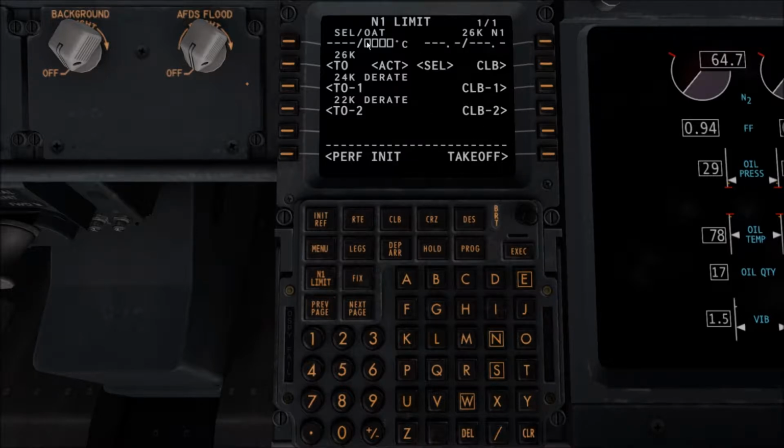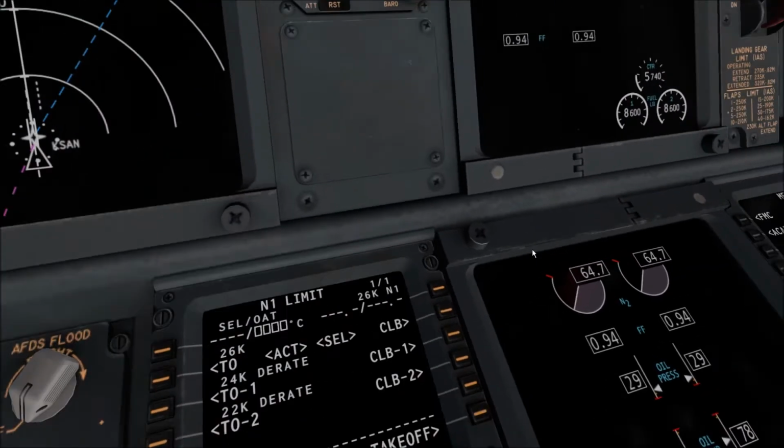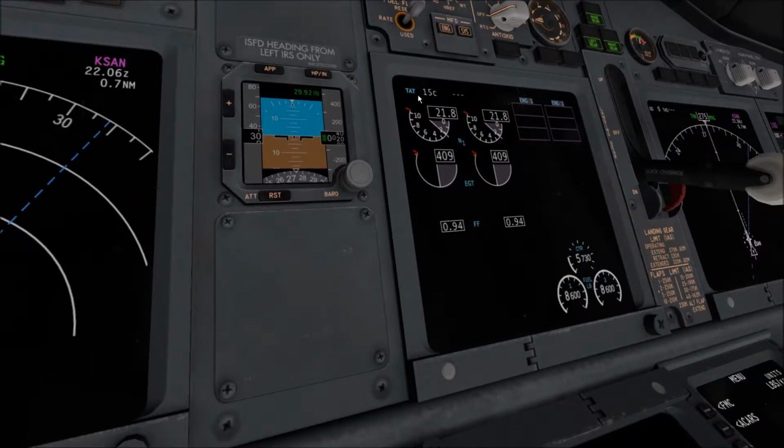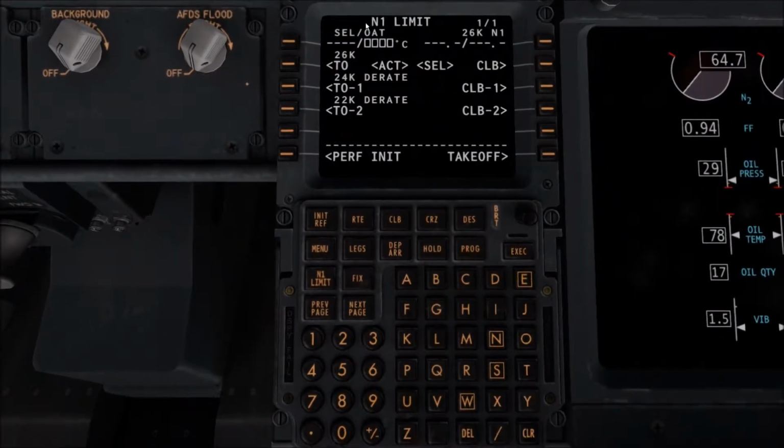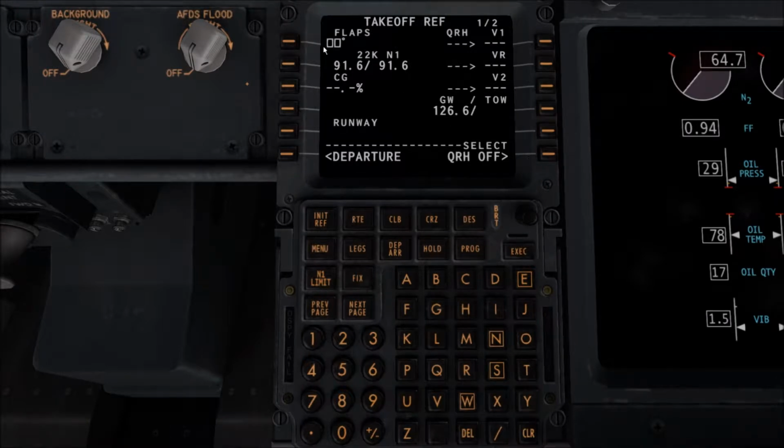So the first thing we have to do here is set the temperature. How you find that is if you drag into your engine screen here, you see 15 degrees Celsius. So that's what we have to input. Because we're on the other side of the slash here, we have to go /15, and then line select here, and we're good there. We're going to select 22K D rate and climb 1, and go to takeoff, and we're going to set our